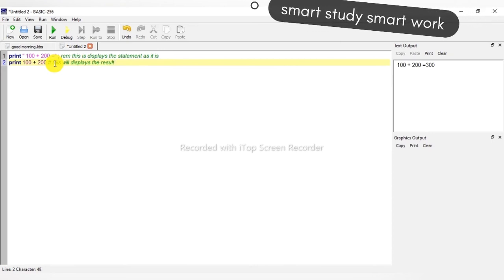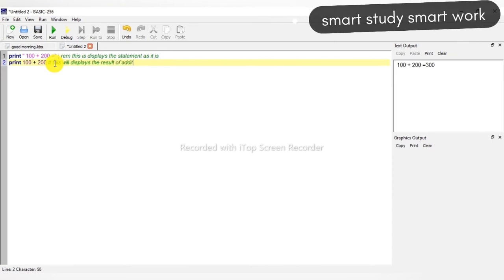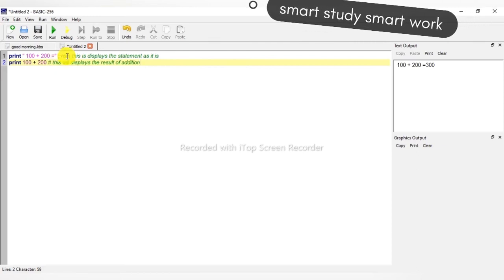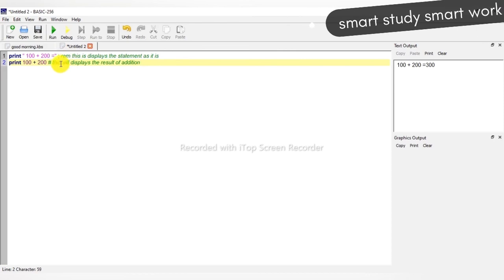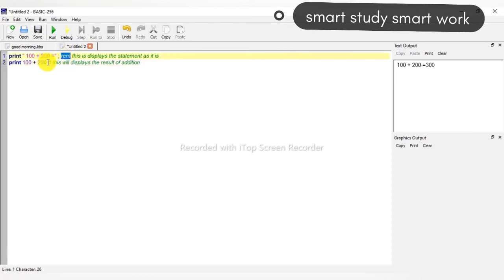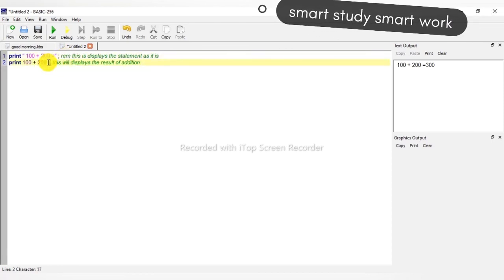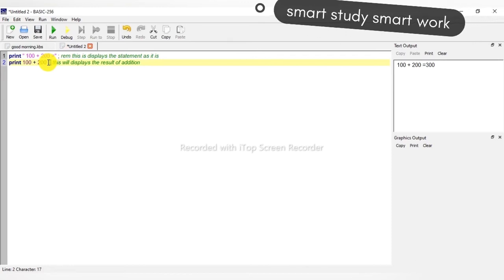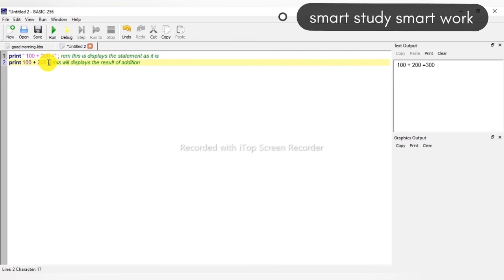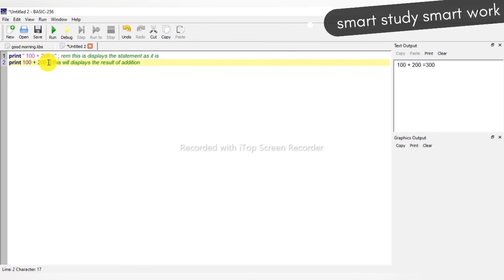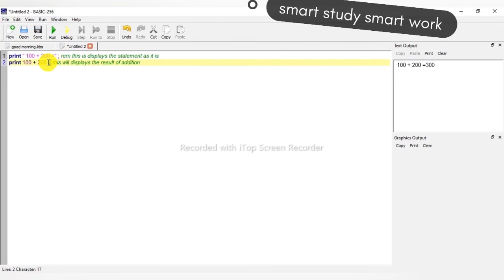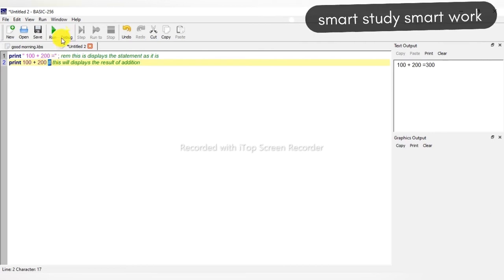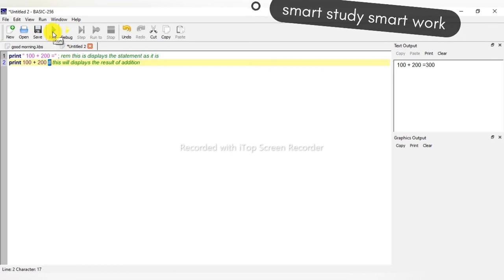Result of addition. So here you can see, to give a comment you can use the rem statement or the hash symbol. As you know, the hash symbol is used to write comments, you can also use a rem statement instead of a hash symbol to write comments. Comments actually make a program easier to understand by the programmer. Now I will run this program.